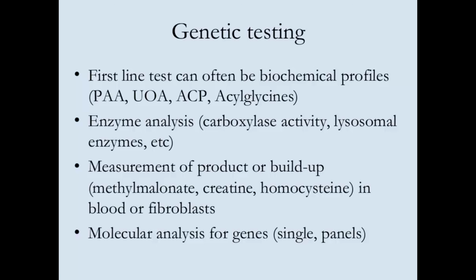Okay, so genetic testing, we talked about the biochemical testing that you can do, which is often the first line because it comes back more quickly, and it's, aside from a blood draw, fairly noninvasive. You can also look for particular enzymes if that's what you're worried about. So carboxylase activity for some of the disorders, particularly what I didn't talk about today, lysosomal enzymes, things like that. In addition, we said for specific disorders like homocystinuria or MMA, you can look for MMA levels in plasma and urine to see if those are elevated. If you need to do a skin biopsy, you can, and look for enzyme activity in fibroblasts.